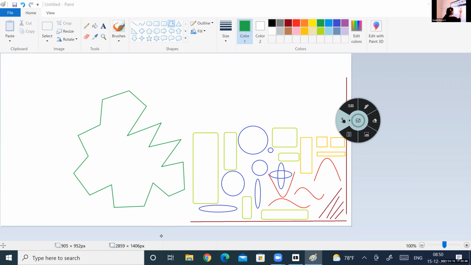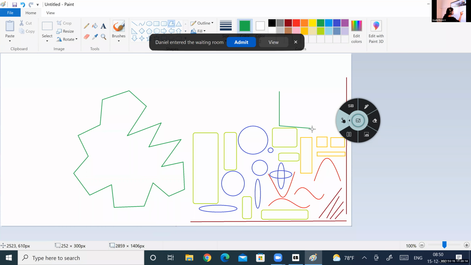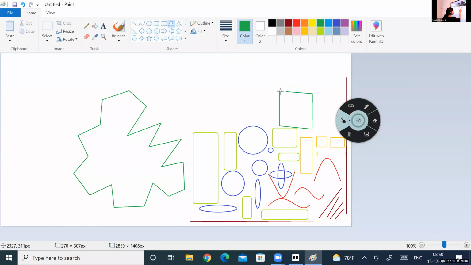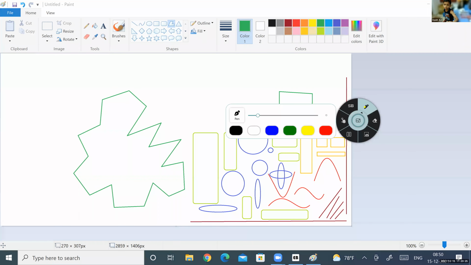I'll show you. If I'm drawing a rectangle with this, and by mistake I made it like this, is it a rectangle? Not exactly, isn't it? See, this part should be straight, like this.